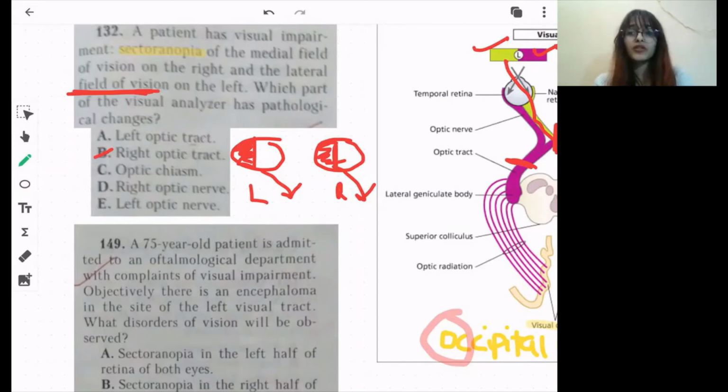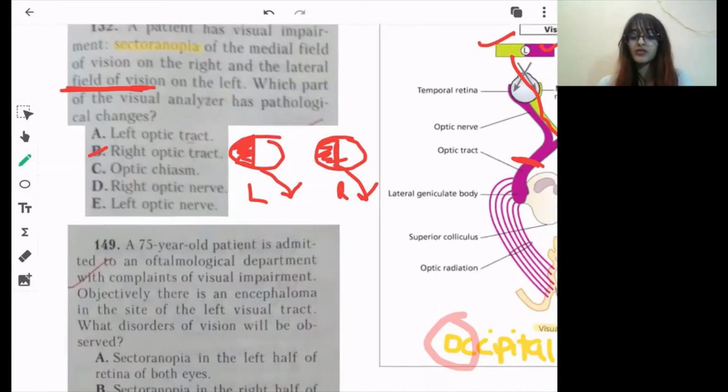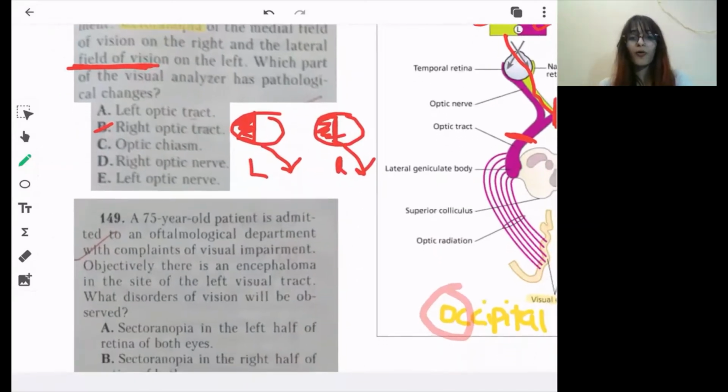But remember now the CROC or the center, they are trying to correct all the wrong questions. So you have to answer the right one and not what is given in the ministry book. The ministry book is only for your base or only to develop your knowledge. So here anyways the answer would be right optic tract.